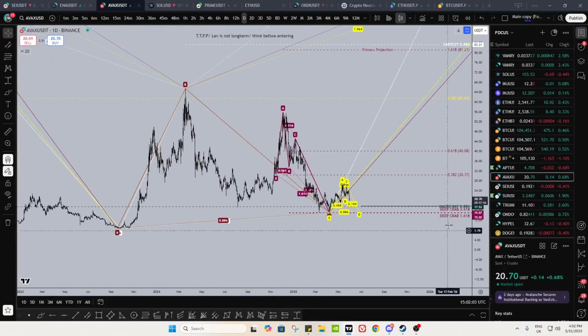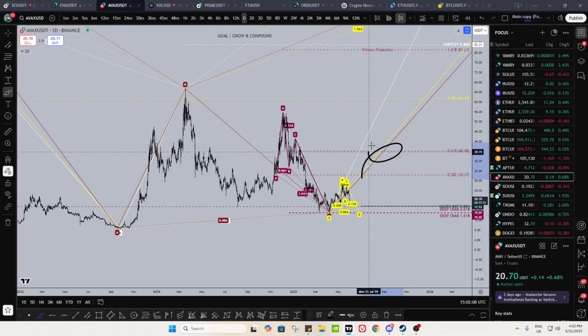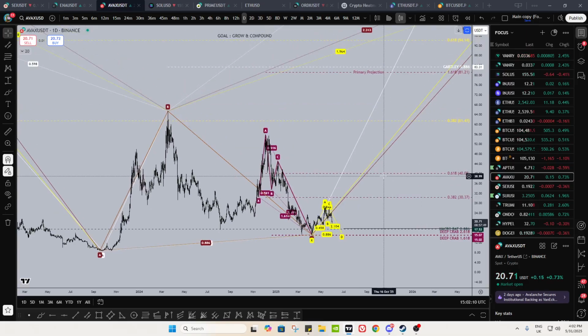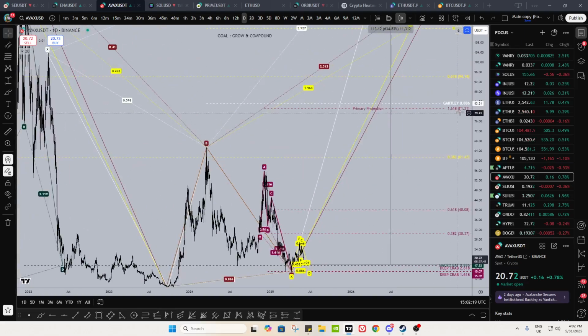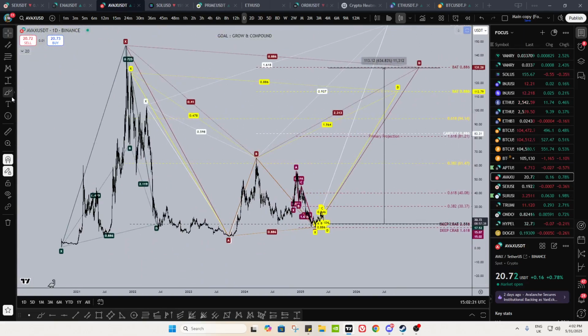Okay, so first, you know, if you took some scalp to swing plays, I'd be targeting these. Right, and for spot, it's like, you know, if weakness comes in here, it really genuinely looks like, oh shit, looks like that's heavy distribution, you take some profits, right? And you could just size back up if you flip it into support. Otherwise, I'd be looking towards here. That's where I'll be looking. For me, the next bearish wave structure takes us to the Gartley 886 at $83. So for me, if I'm going to completely get rid of my spot bag, what I'd want to do is I'd want AVAX to reach these targets, and again, that is from where we currently are.